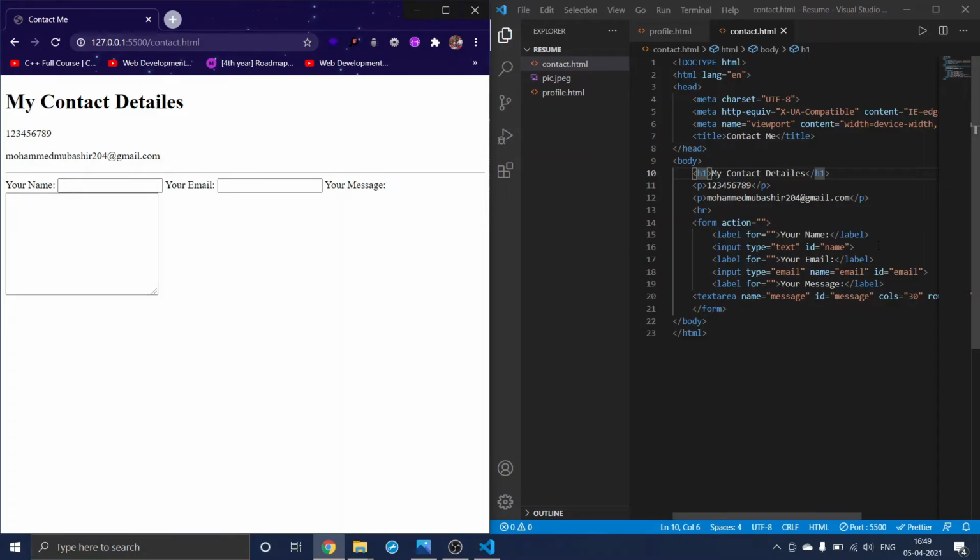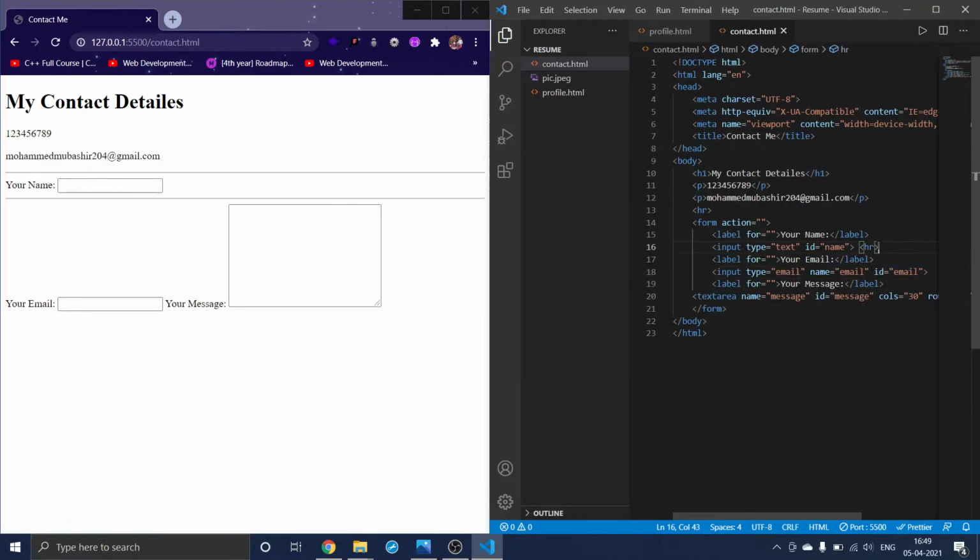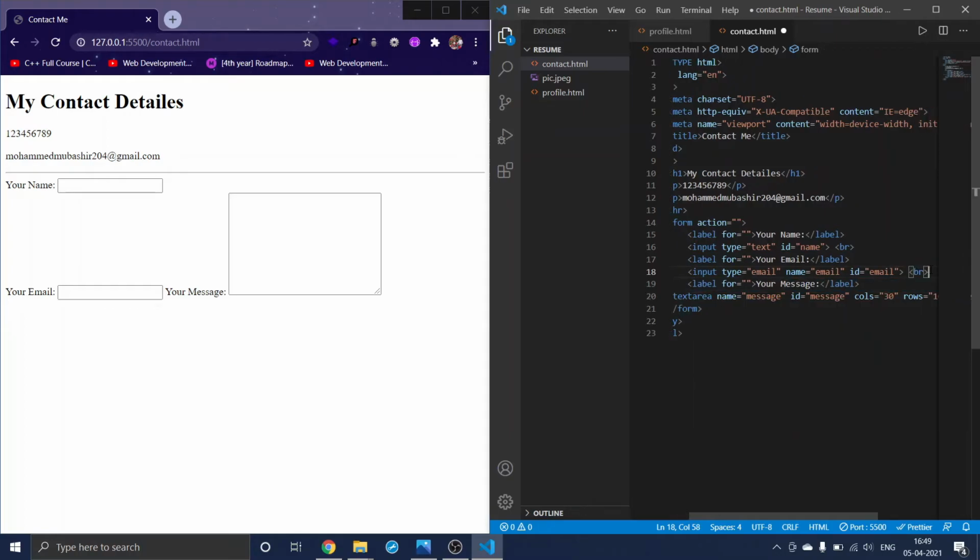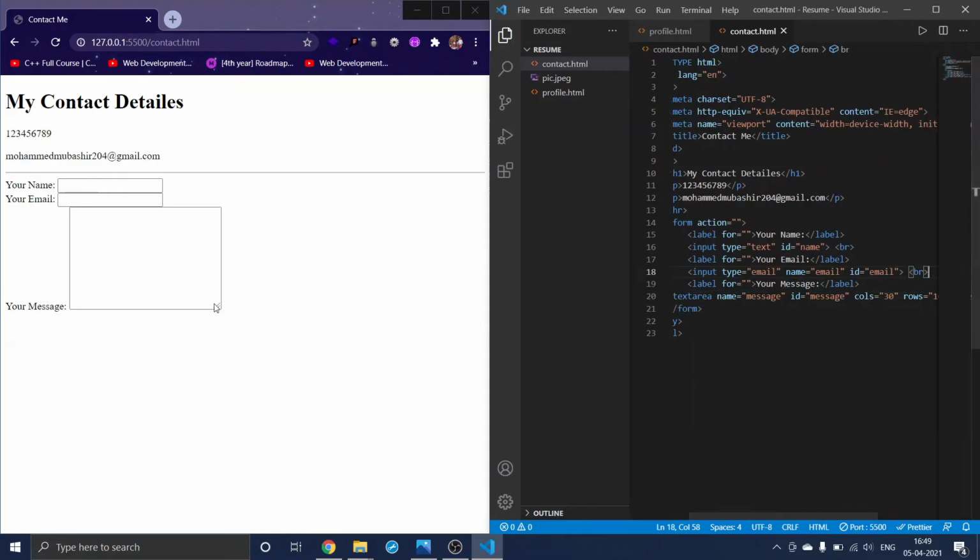So for that I will use an hr tag, and when I save this, okay, not hr, I will be using the br tag, and again I will be using a br tag here, and when I save this, yeah, this is right.